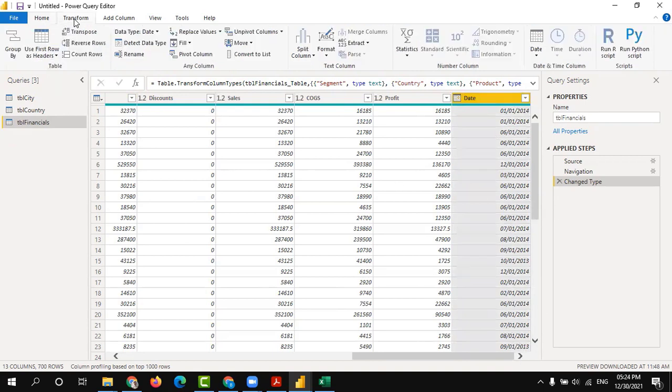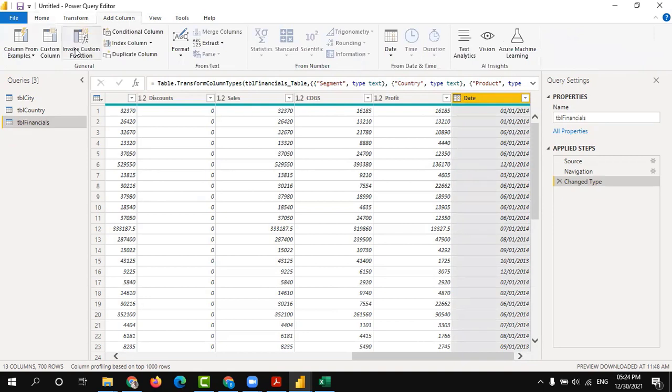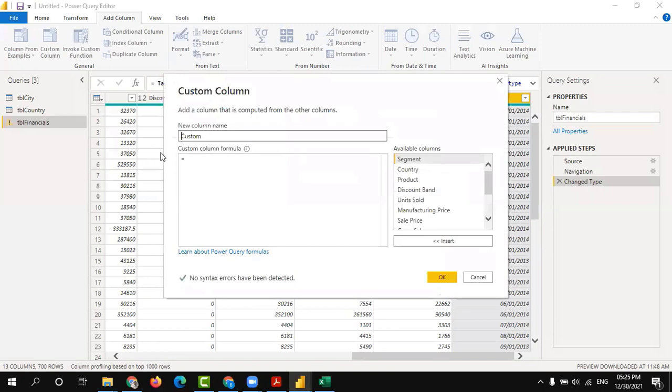So go to Add Column. There is a custom column option to utilize. Just click the custom column. You have to give a name to the column. Let's say month number.